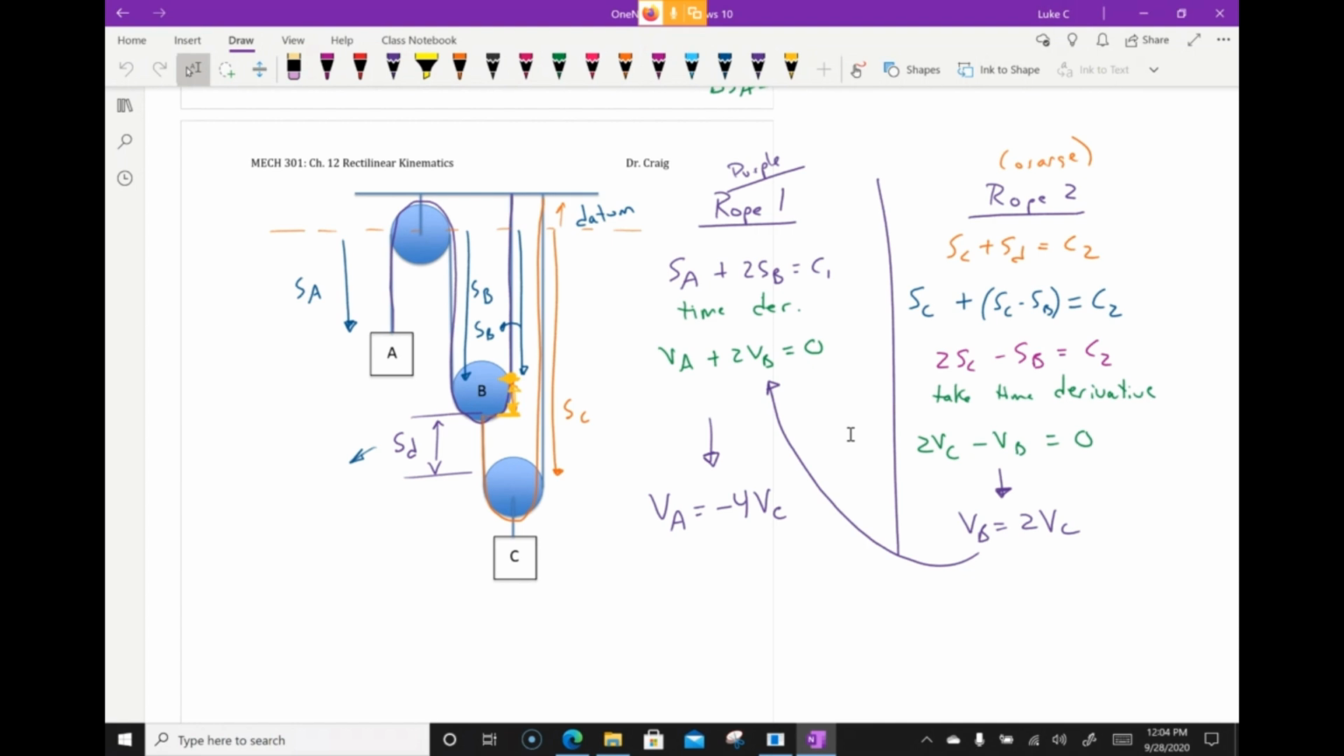We started looking at dependent motion, which relates the movement of two or more objects. In this case, what we had is two different ropes, and each rope section is constant. The rope, we're assuming it doesn't stretch. We're not adding ropes. The total length of the rope always remains constant, and if you figure out the lengths of the rope that are changing,